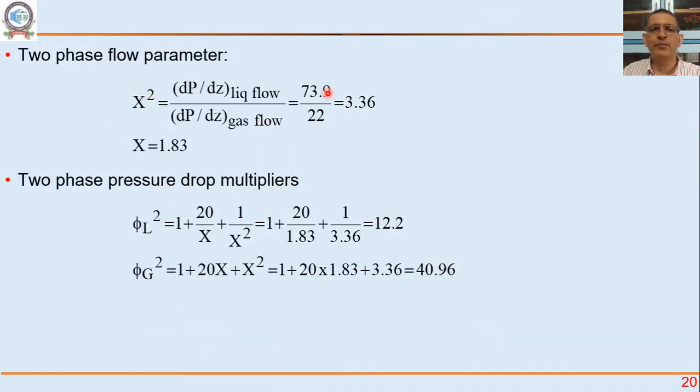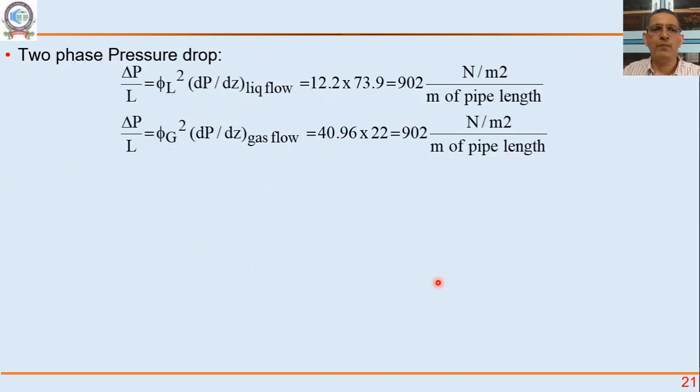X square would be 73.9 divided by 22, and x would be 1.83. So the two-phase multiplier we can calculate. Phi L square will be 12.2, Phi G square would be 40.96. So now the two-phase pressure drop would be